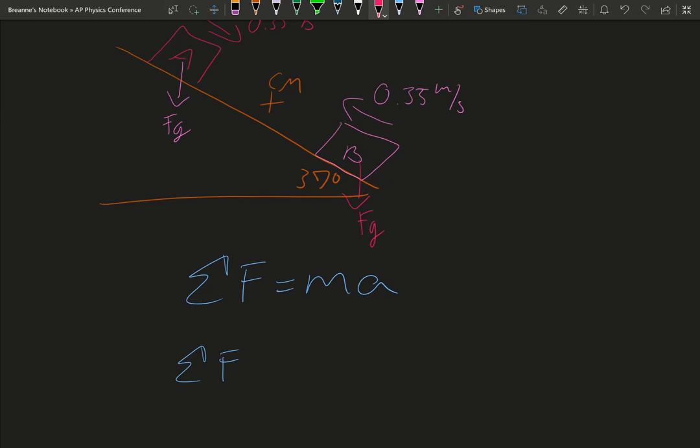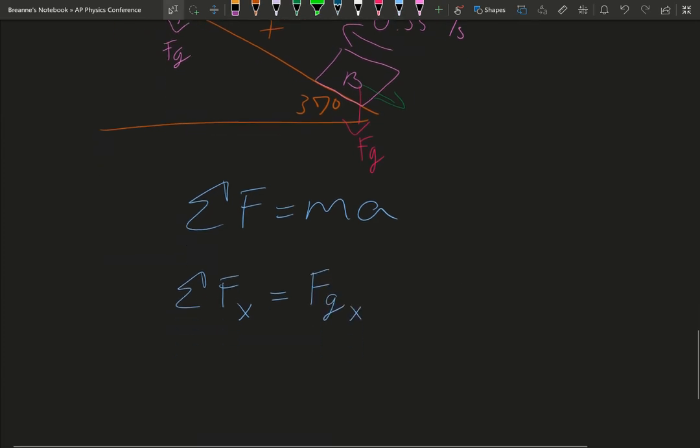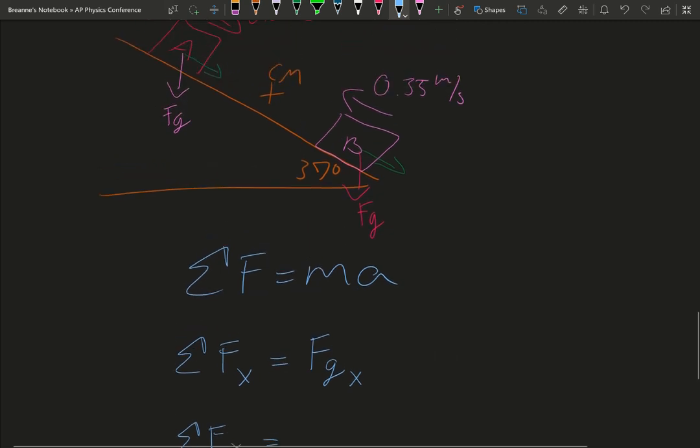But we need to break down our force. Anytime it's tilted, we have to break down our force of gravity into an X and Y component. So we need the X component. So our net force in the X equals our force of gravity in the X. And our force of gravity in the X, to do a little bit of trig here,